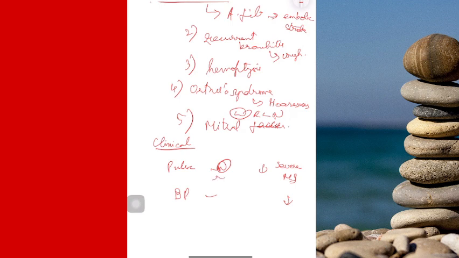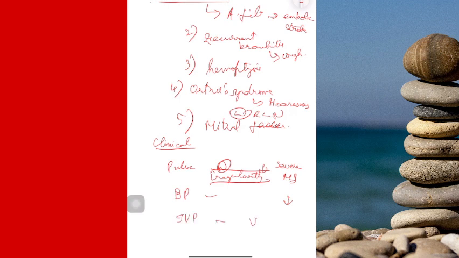You always look for the regularity. I told you atrial fibrillation is there. So you need not take an ECG every other time that you see a mitral stenosis patient. You auscultate. You look for his pulse. If it is irregular, then you can say he is going for atrial fibrillation. BP, you can have a narrow pulse pressure.